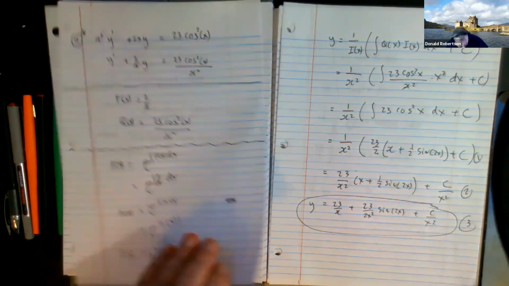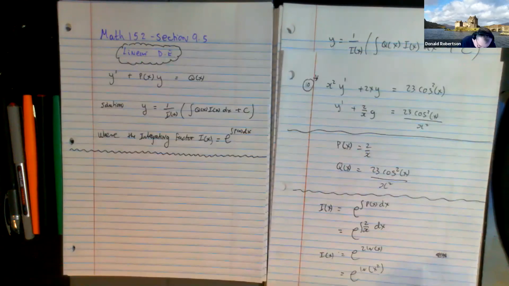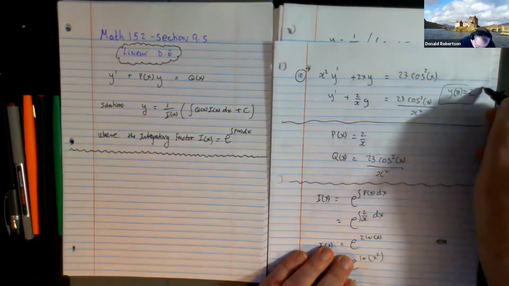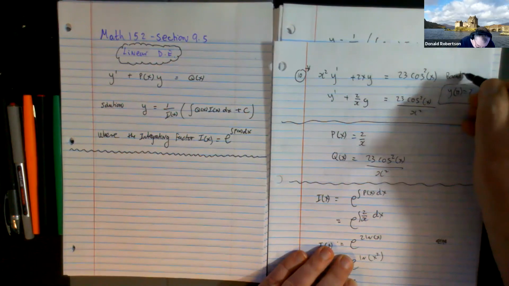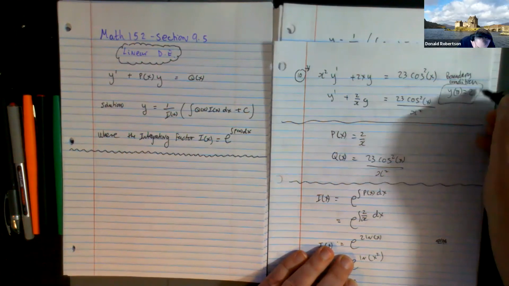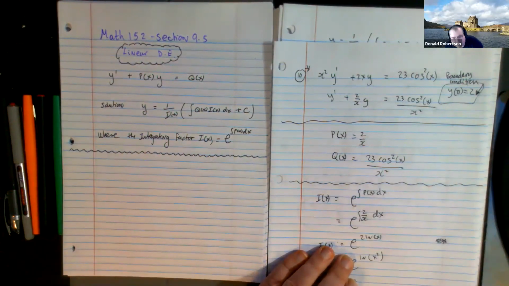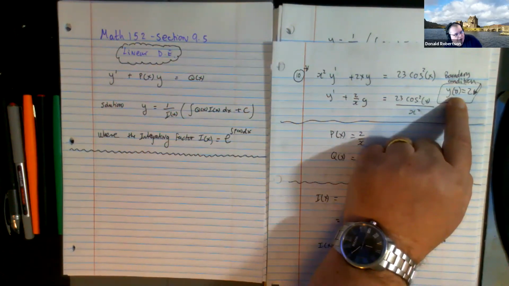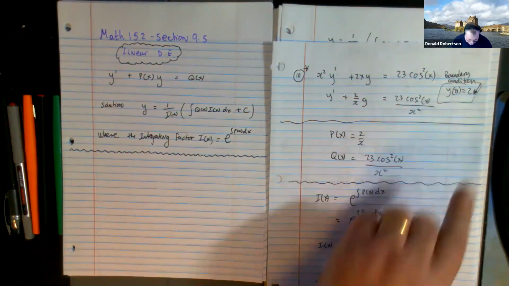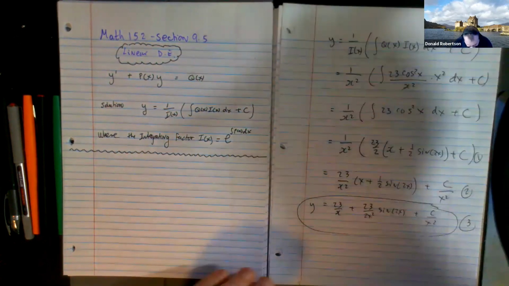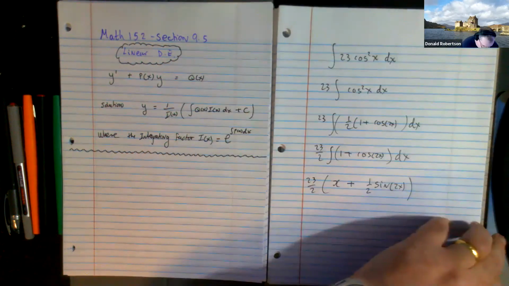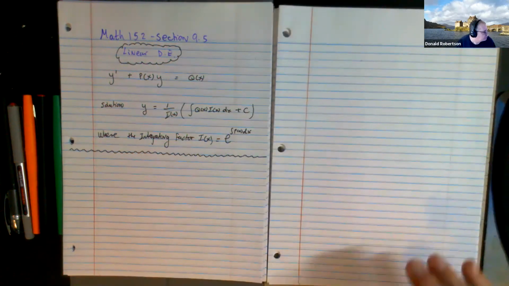Now, what's the new guy in town? I'm not going to do it for this question, but you might be told y of pi equals 2. We call them boundary or initial conditions. And if you are given this extra piece of information that the others weren't, isn't that guy's one and only job to tell you who C is? That's what it does. And so that's going to be the last part. And once we know how to do that, we are finished. We have done every possible version that we're going to deal with, at least,